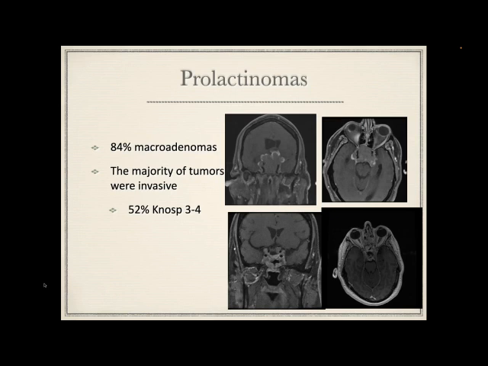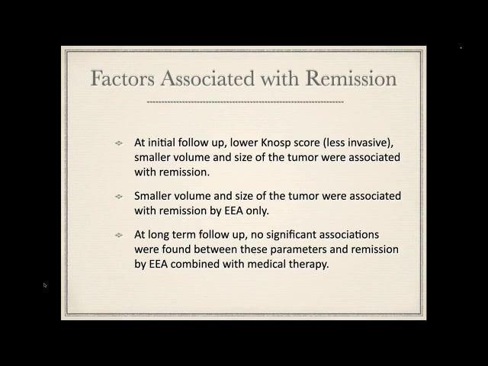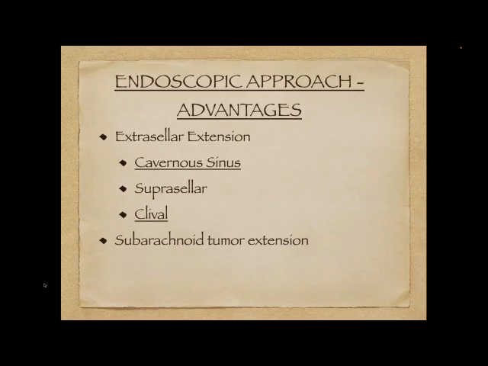But some percentage of prolactin secreting pituitary tumors actually don't respond to medication, or the people themselves taking the medication can't tolerate it. That's also another reason that we have to remove these. And we're able to get remission in the vast majority of these where they can't take medication. And if not, we're able to keep them pretty close to it with other treatments. We found that the more invasive they were, the harder they were to cure, and probably no surprise there.